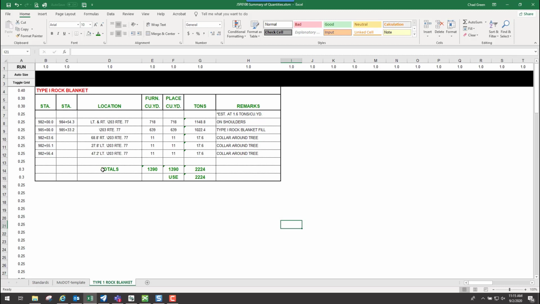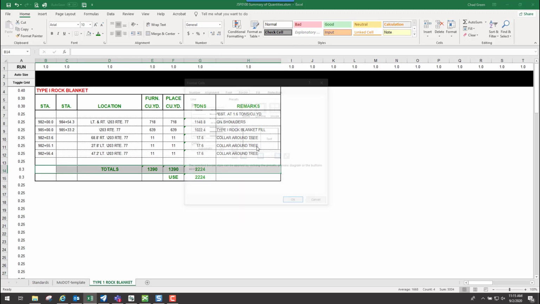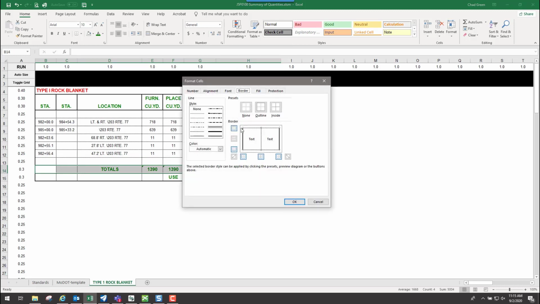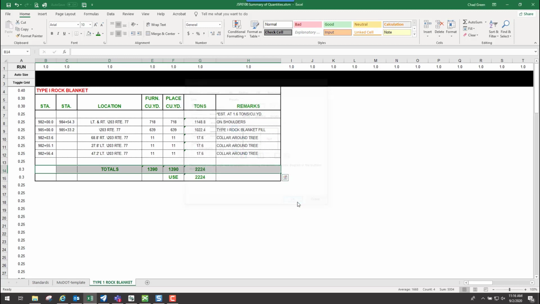Now maybe I want to break out my totals from my information from my quantity block, so I could come in here if I wanted to and make a selection set from B14 all the way to H14. And I could right click over it and do the Format Cells, and maybe just this one here I want that to be that thicker line weight. So I can click on a continuous line style. It doesn't matter which one it is, it just has to be one of the continuous line styles. And once I click on that, go ahead and click on OK. And now we've kind of broke that out.